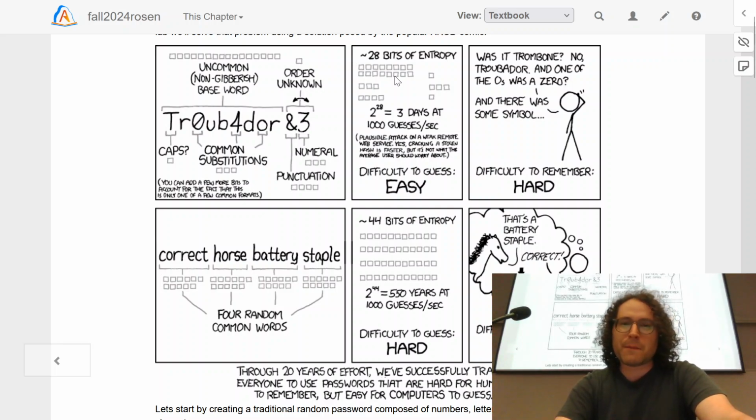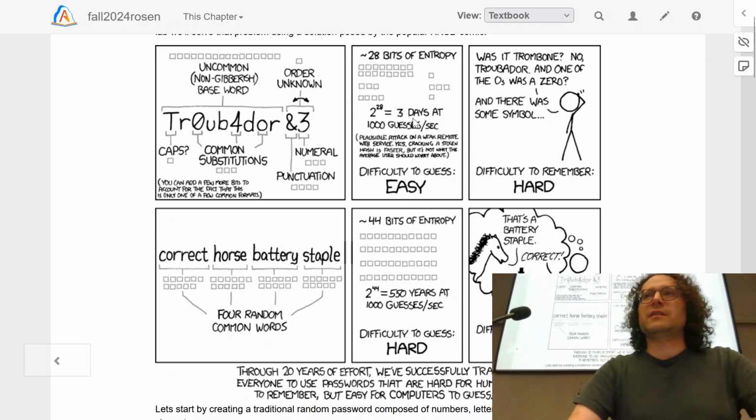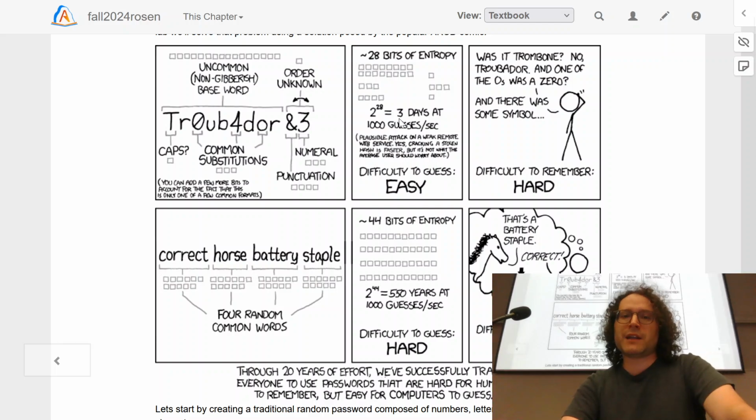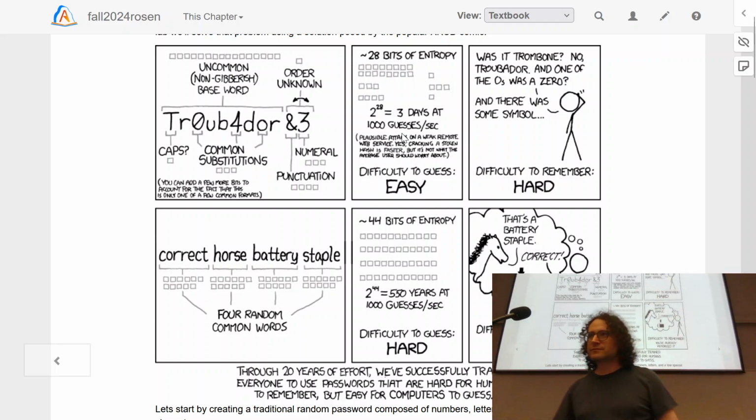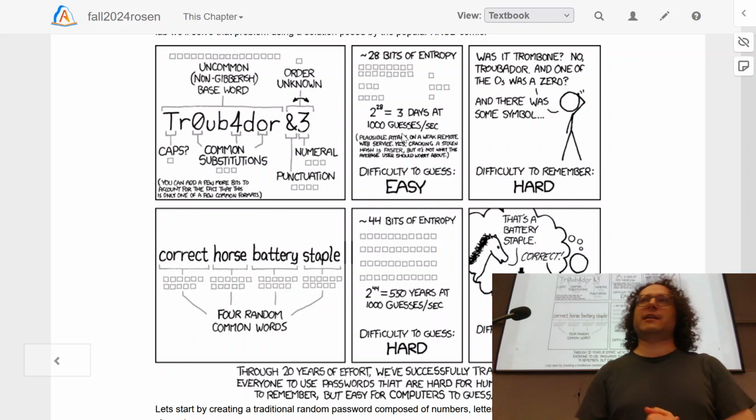But the point being is that he estimates that this is about 28 bits of entropy, which means that it's about 2 to the 28 possibilities. Okay? Which is a big number, but not that big, which takes about 3 days to crack that password at 1,000 guesses a second, right? Not that long. This is an easy thing for a computer to crack, in other words. Whereas